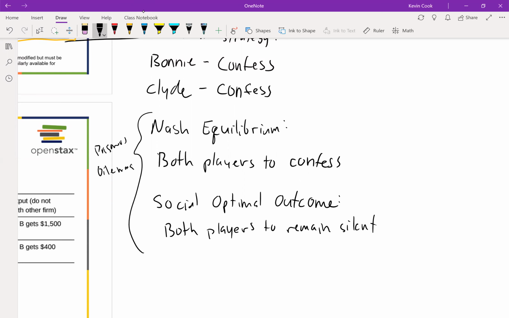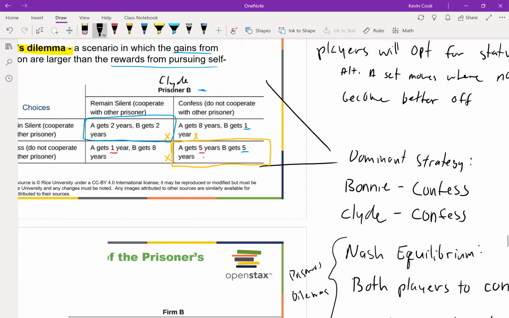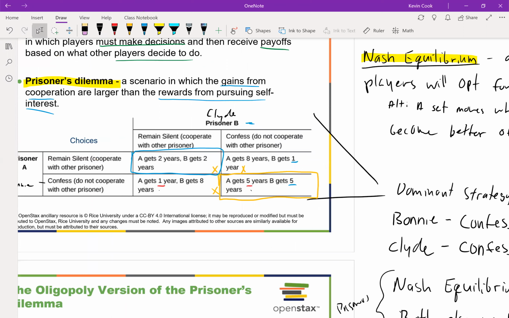We want to be silent. We both want to be quiet and only do 2 years, but since we both act in our self-interest, we end up in our Nash equilibrium. And not every game will work out this way. Well, any game that deals with prisoner's dilemma will work out this way, but there may be some games where